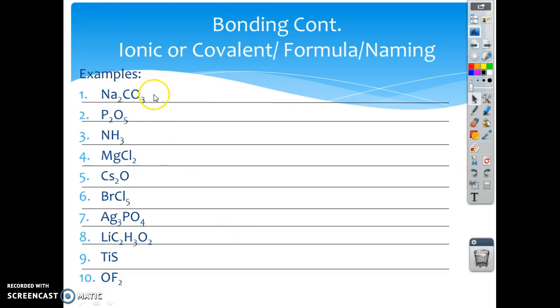So you should have figured out the first one was ionic, and when it's ionic, we don't care about numbers or prefixes, so you should have named this sodium carbonate. The second one was two nonmetals, which made it covalent. When it's covalent, we do care about the numbers. So we turn this into 2 di and 5 penta, and we change the ending of the second one. So we get diphosphorus